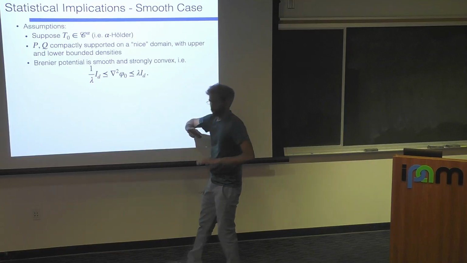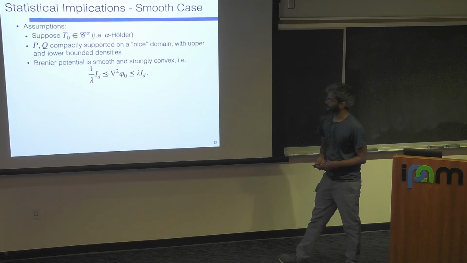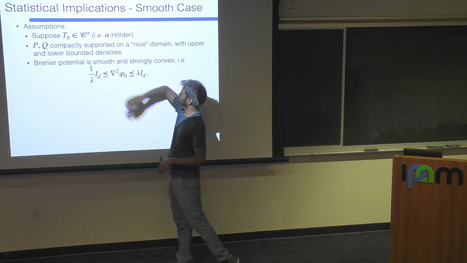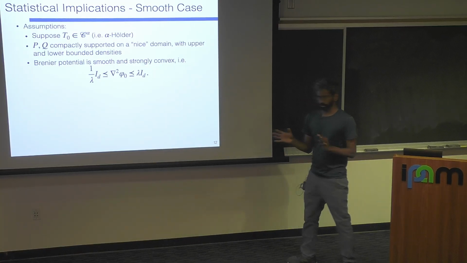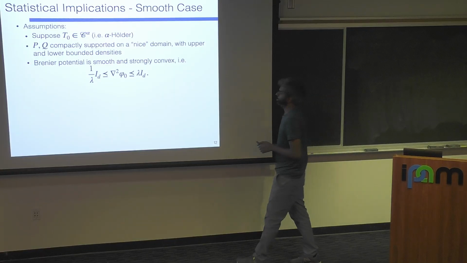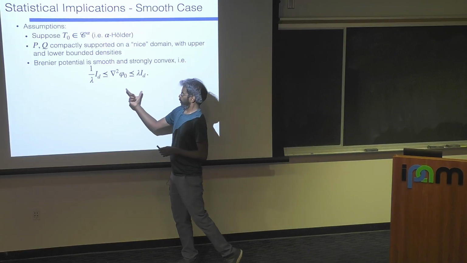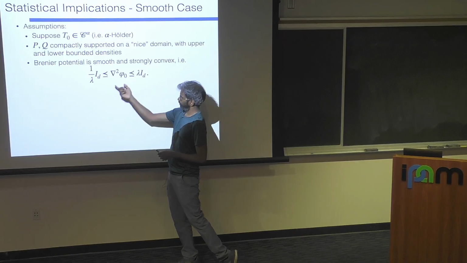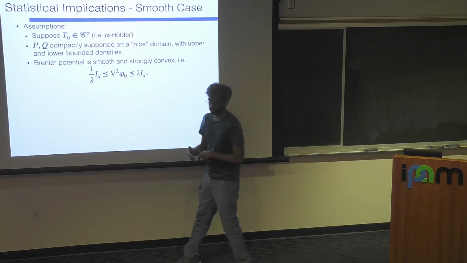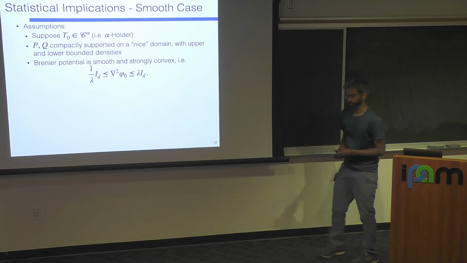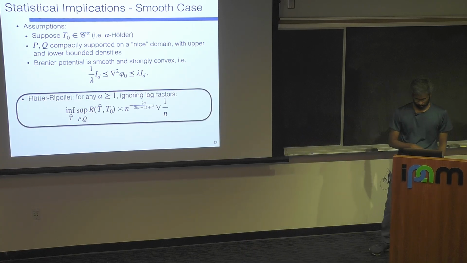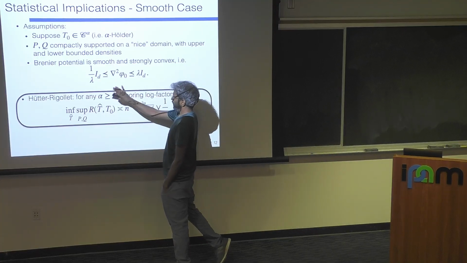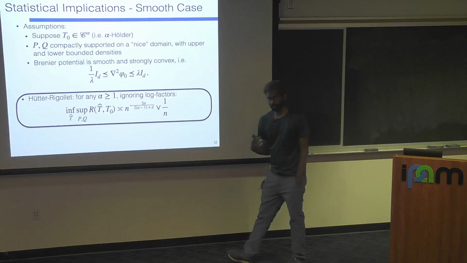This is the setting where I'm just going to hypothesize that the transport map is smooth, that I satisfy the Brenier regularity condition, and maybe that P and Q are compactly supported on some nice domain. So this is a simple test case. What we're assuming itself grants you the fact that the transport map is Lipschitz. What we're additionally assuming is that the transport map is alpha Holder, where alpha is some number bigger than 1. Then what Hütter and Rigollet showed in this setting is that the minimax rate,